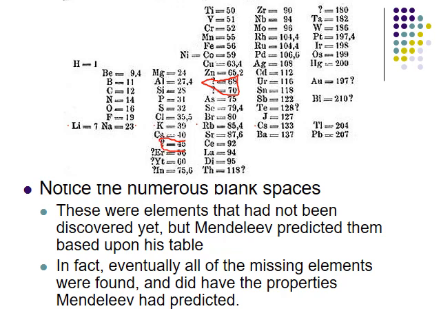Anyway, all these blank spots, he left these blanks on purpose. He said, I predict that those blanks are elements that exist, but we haven't discovered yet. And that became kind of a challenge, and it's what set his periodic table apart from others doing very similar work. And what's interesting is every single element that he predicted was found with the properties it was predicted to have.